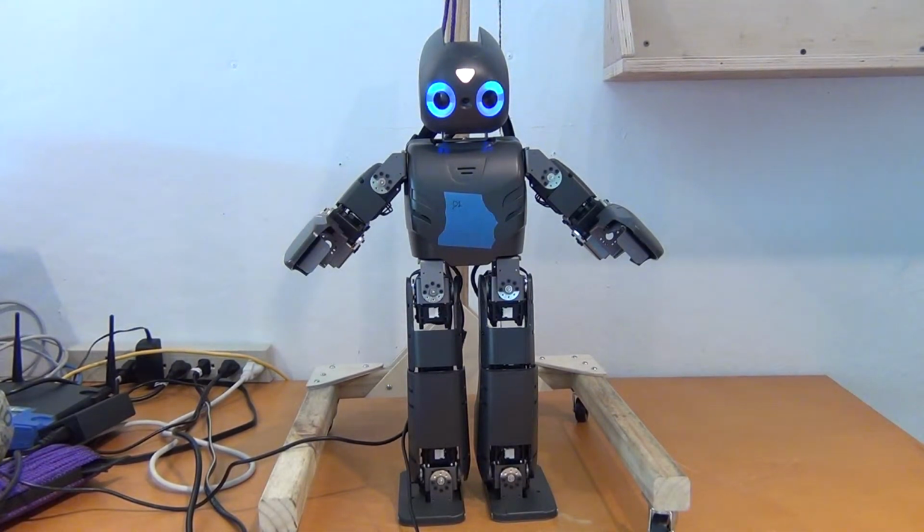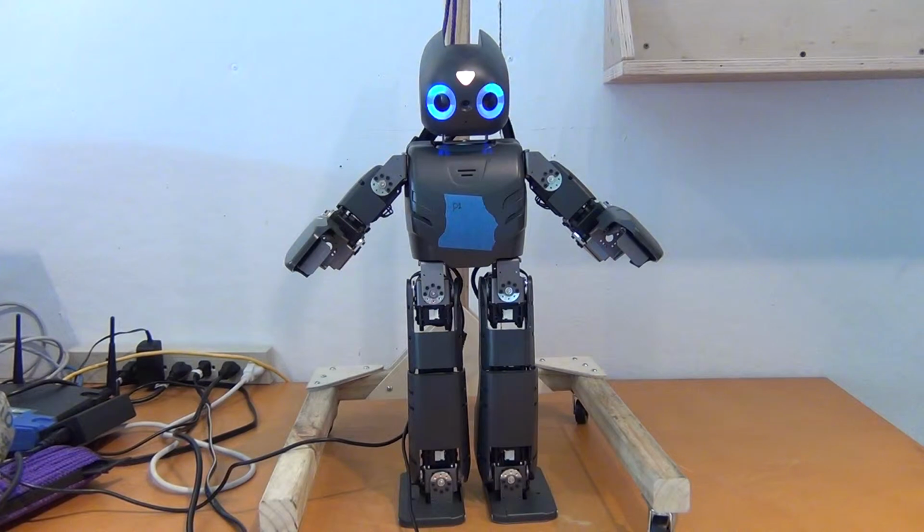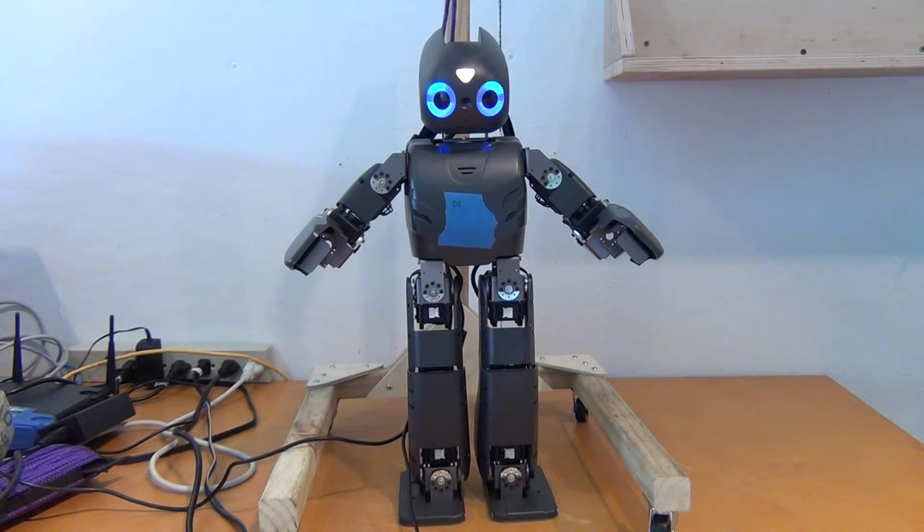What we're doing is we're first finding out the transformation of the feet relative to the body, and then using the inverse kinematics code generated with using OpenRAVE, we'll be controlling the joints, and that way control the body of the DARwIn. First is the translation of the body